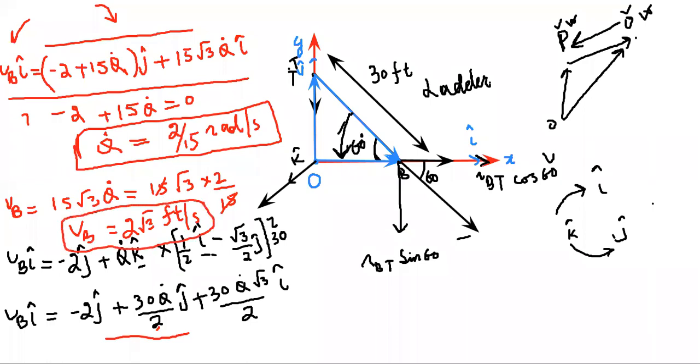Now see, as far as point T is concerned, this point is going down with a velocity of 2 feet per second, while point B is going forward along the x-axis with a velocity of 2 times under root 3 feet per second. That is, the velocity of point B is more than the velocity of point T. Only when this velocity is more will the ladder fall down. Therefore the velocity of point B is 2 under root 3 feet per second.